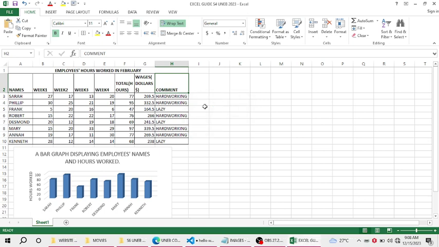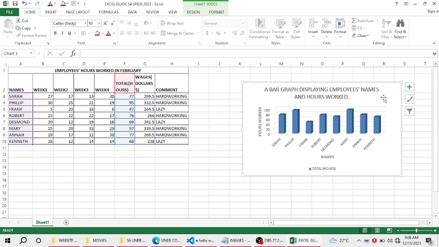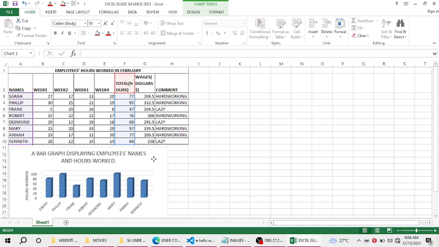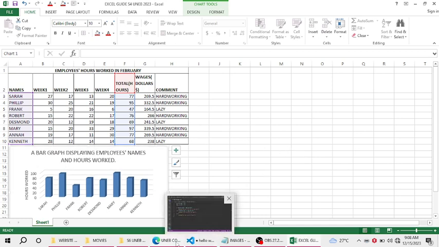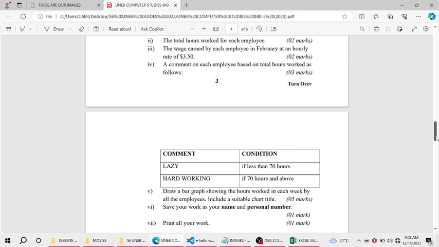The last part of this, please don't print when this graph is this side. It may divide your work. So you have to push your graph underneath your work so that it can print all your work at once on one paper. So that was the Excel number for senior form UNEB